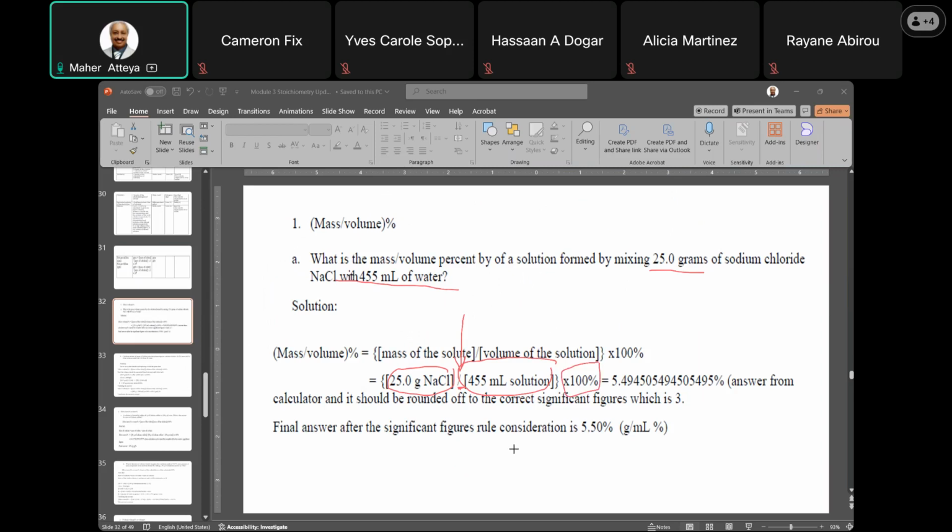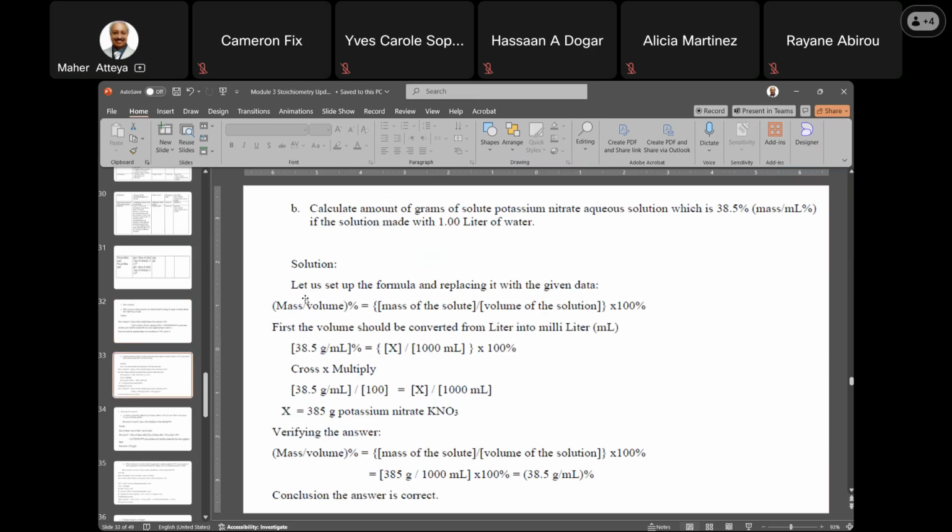Now you have just to watch the sig figs. This is 3, correct? 3 sig figs. And this is 3, so we have no problem. This is 3 sig figs. The answer has to be what? Rounded to 3 sig figs. Okay, guys? So let's look at another example. Next one. The next one is,